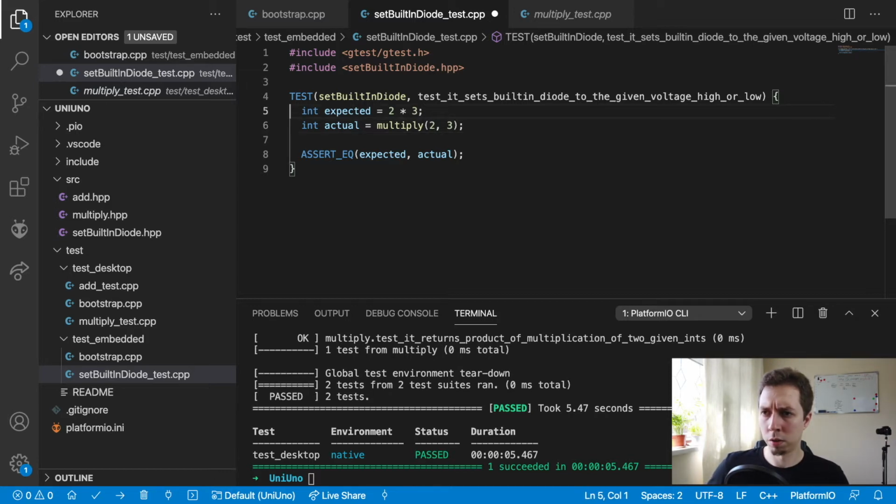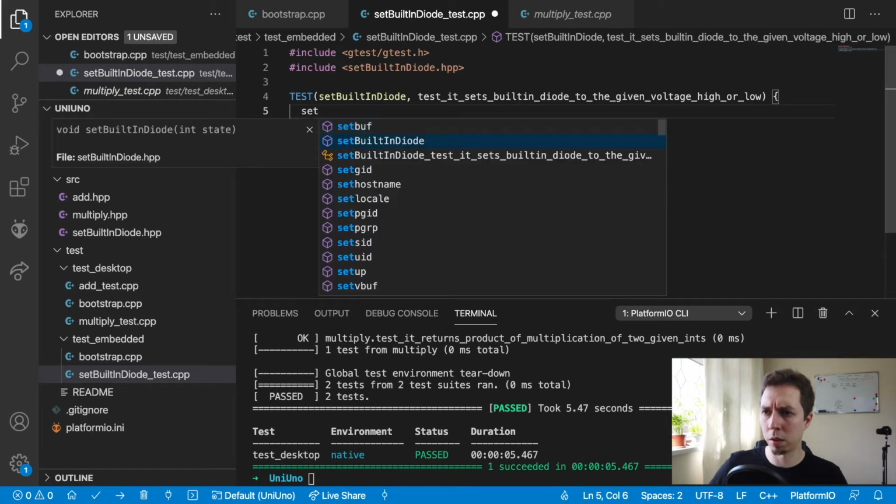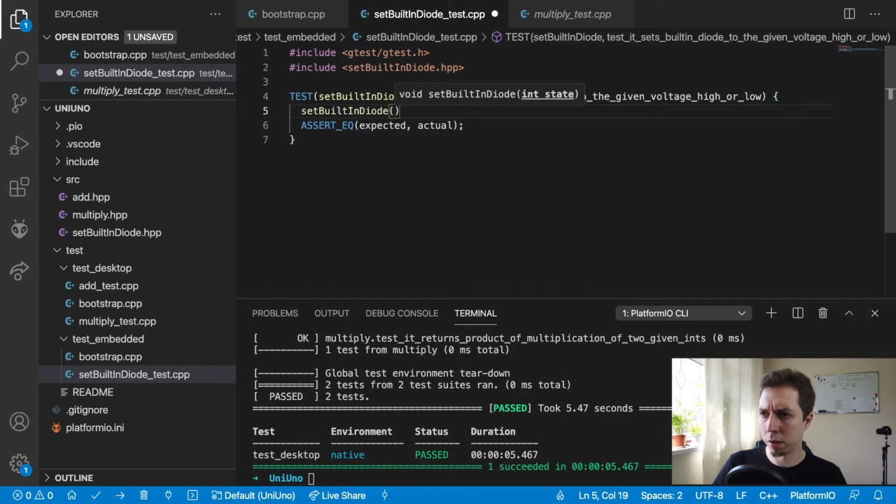Right, and this code is not really going to look like that. It's going to be slightly different. In our case, what we want to do is just run set built-in diode. Oh, okay, that's slightly different, because we would like to test two cases here. We would like to test high and low, like we did yesterday with Unity. So it sets built-in diode to high voltage